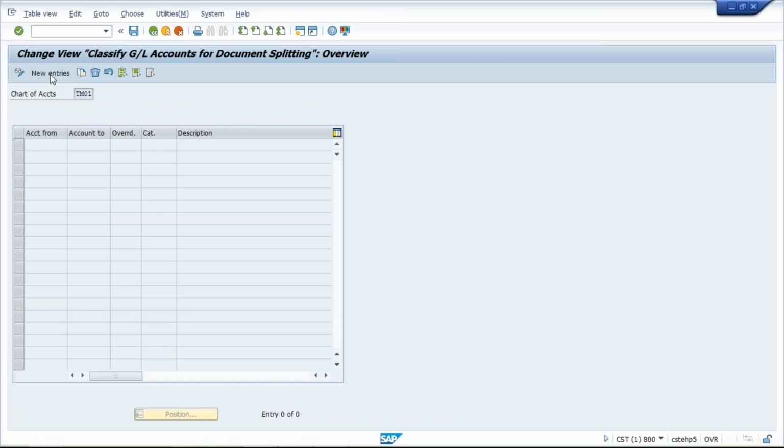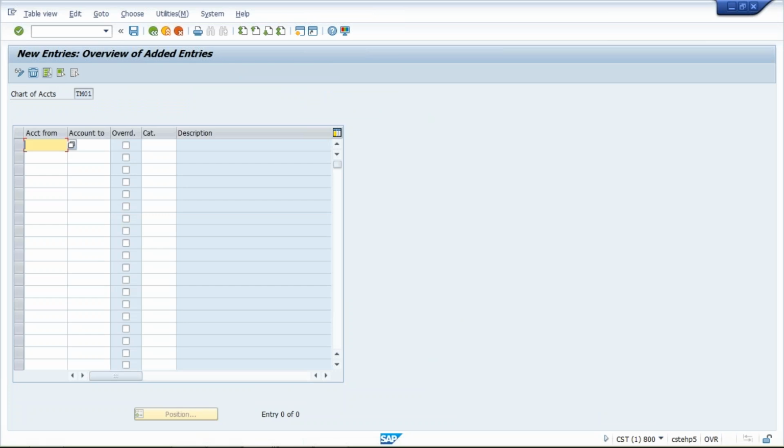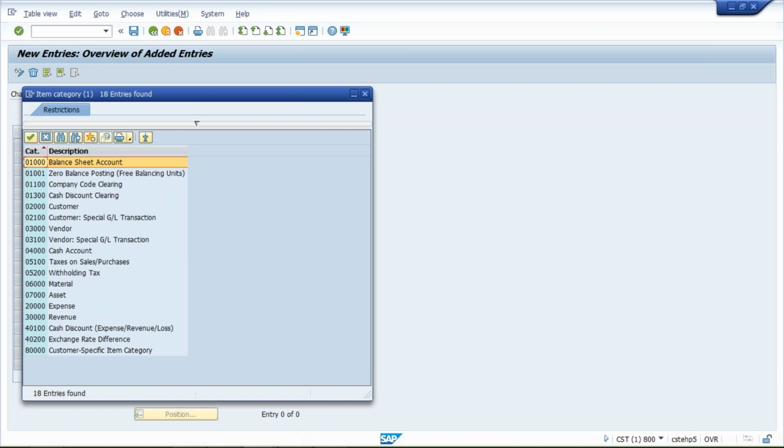here, click on new entry and then give the account from 1000 to 1999, and here category. Click on the drop down and select the category. So we have several types of categories and all. Now, in the simplest way, 1000 to 1999 belongs to asset. So I have selected here asset